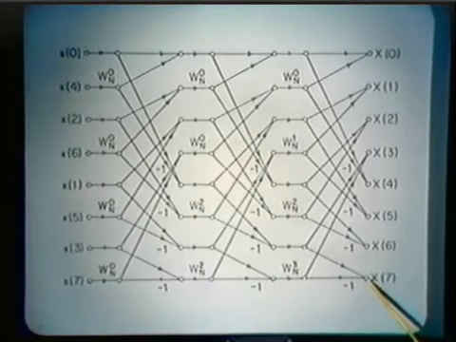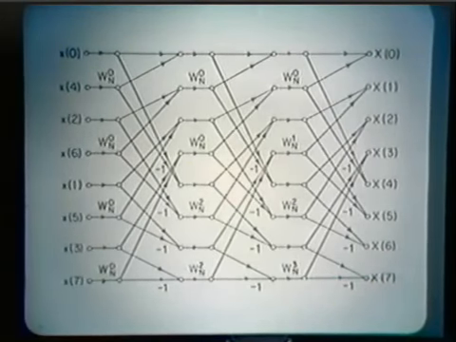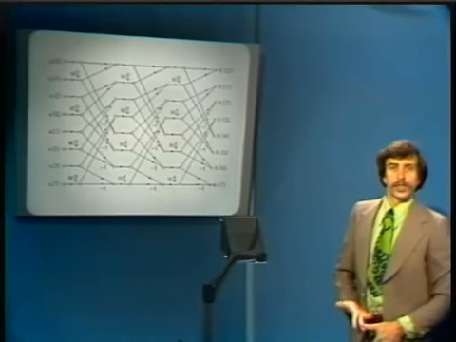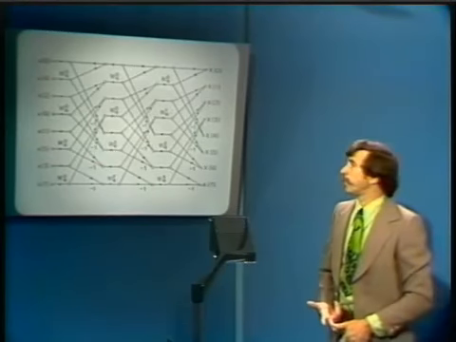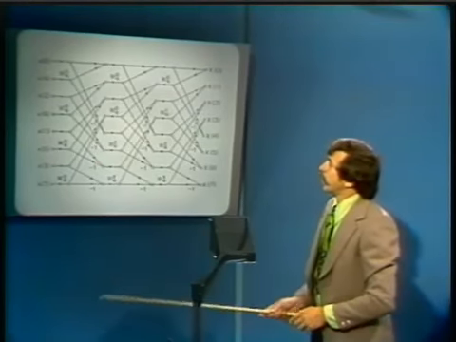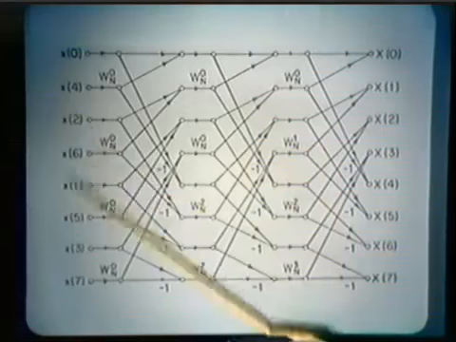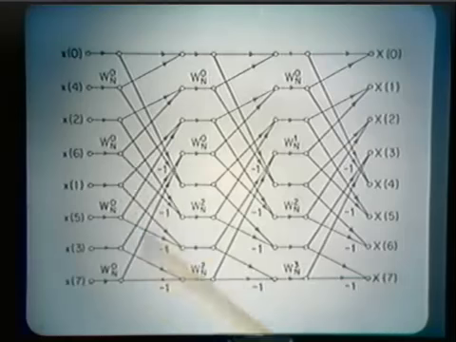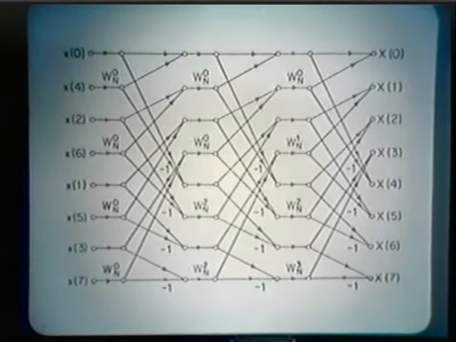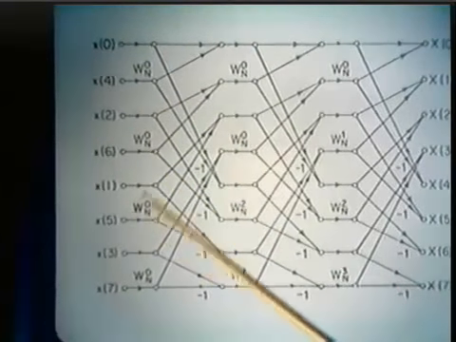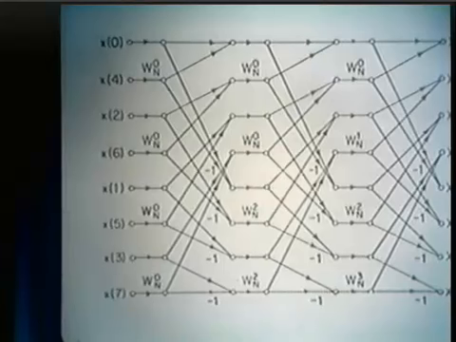Now, to utilize sequential memory might be disk memory or drum memory or shift register memory, for example. Generally, bulk memory is sequential memory rather than random access. Let's think of the original data first shuffled in bit reversed order and then stored in two separate memories. Let's call them M sub A and M sub B. The first half of the data stored in memory A, the second half of the data stored in memory B,